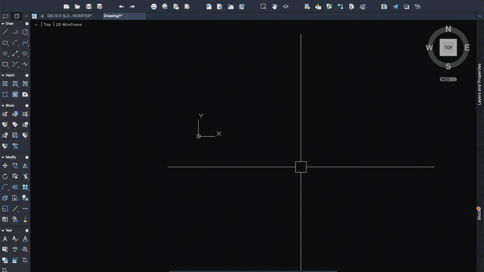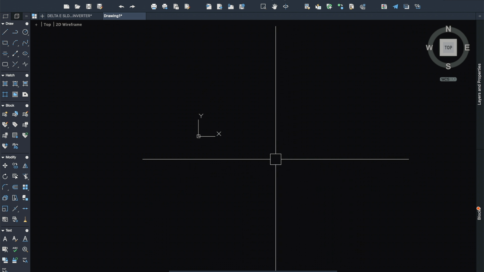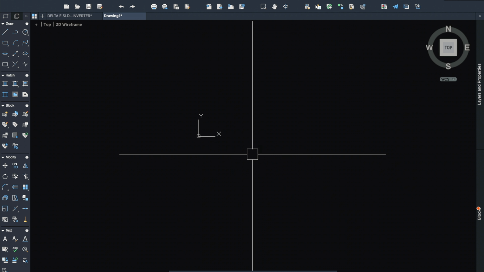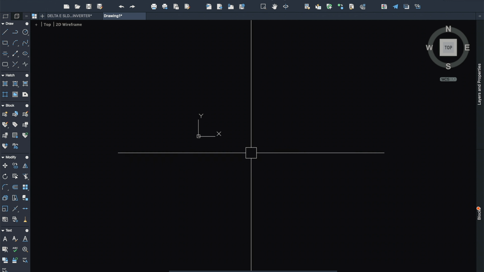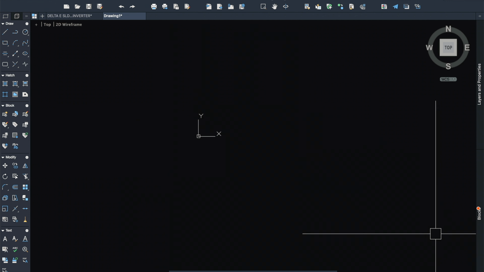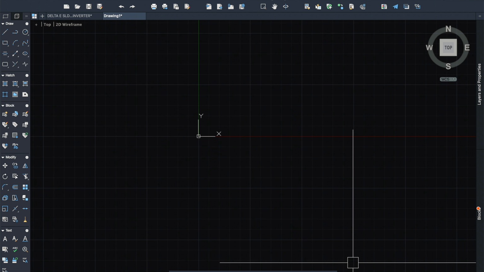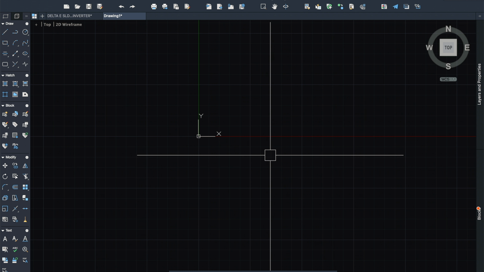So today we are going to be learning about how can we display grid in AutoCAD in model space. To display grid in model space, what we have to do is just go here and click on grid display here. As you can see, now I can see my display, and if I want to